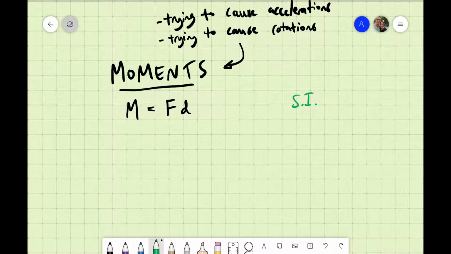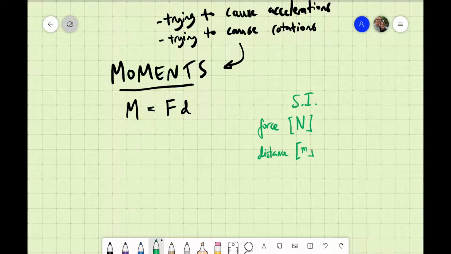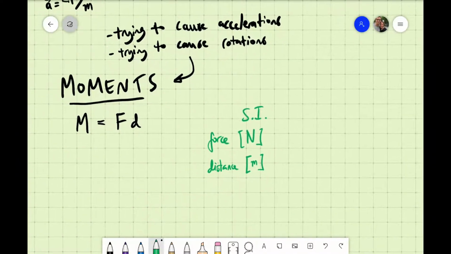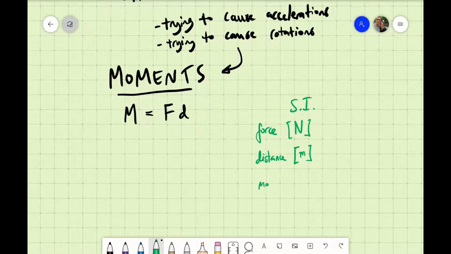So you've got force measured in newtons. I'll write it here, force measured in newtons. You've got your distance D measured in meters. Don't forget, the metric system includes centimeters, kilometers, millimeters, and so on. And then you've got your moment itself, what gets produced, the M in the formula. That is measured in